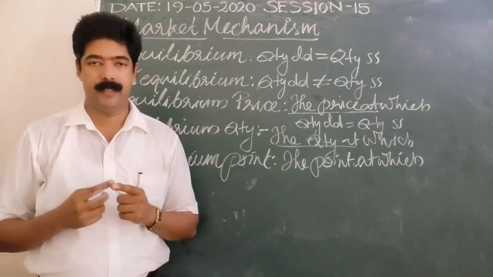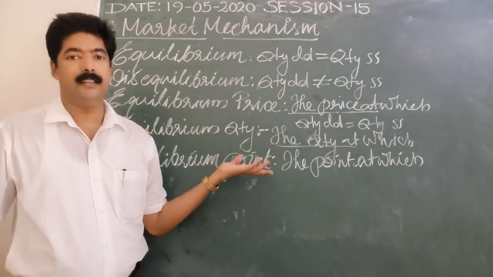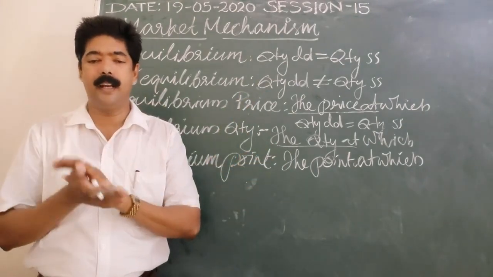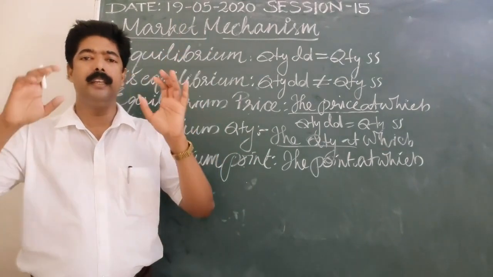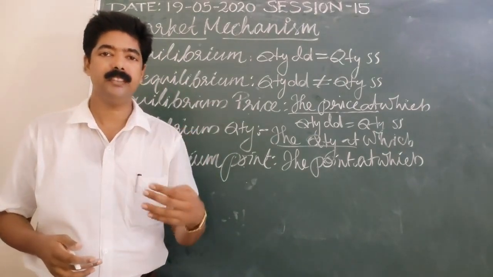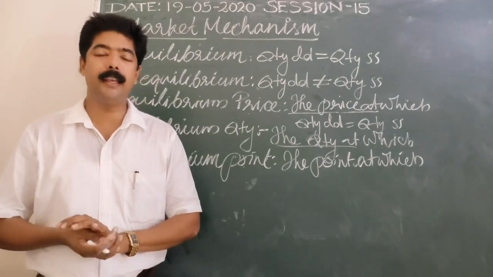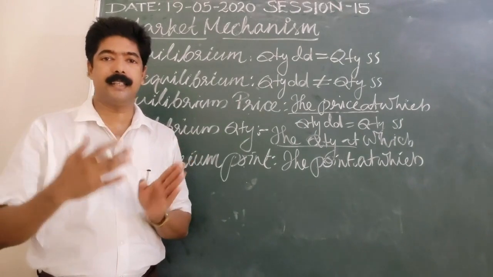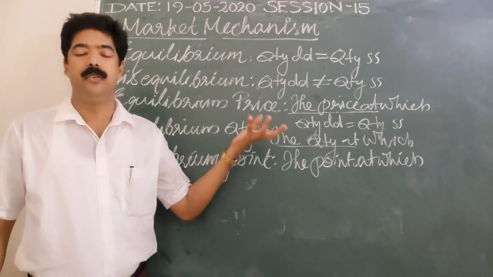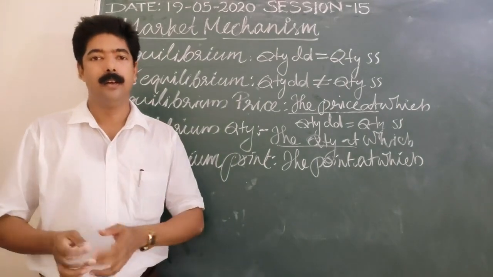So this many points we have discussed in this chapter, and in the next classes we will continue with the same chapter, equilibrium price and quantity in a competitive market. How do we determine the price with the help of a diagram and with the help of an imaginary schedule of demand and supply? That part we will discuss in the next class. So today, up to here, you need to study, revise, and try to understand the concepts clearly. Okay then, bye.